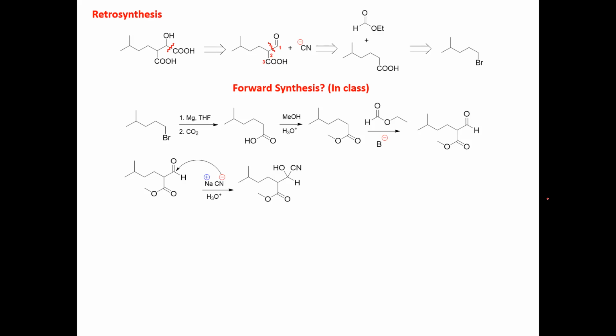It will not attack the ester because the aldehyde is far more electrophilic than the ester group. So this reaction is quite selective. Of course, you need to protonate it because this one is a base, you get your alkoxide, protonation will give you the alcohol. Now, you can hydrolyze the nitrile to the corresponding carboxylic acid,